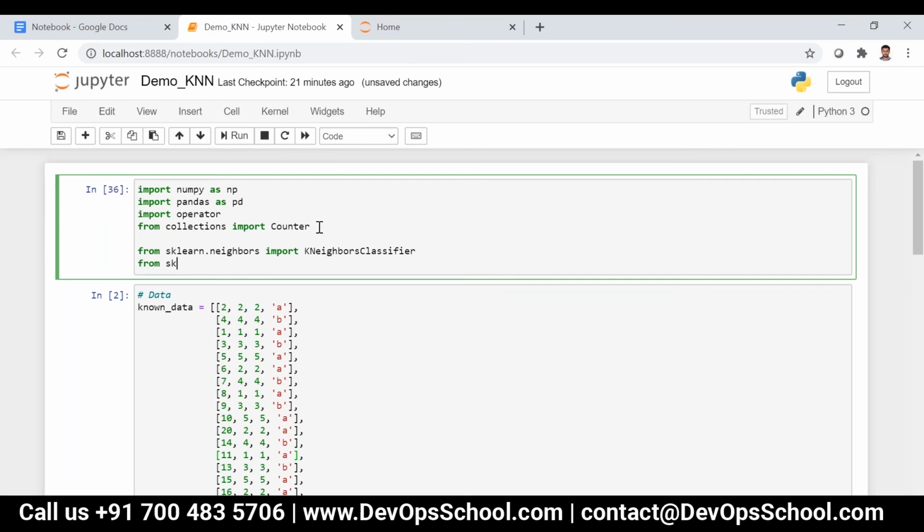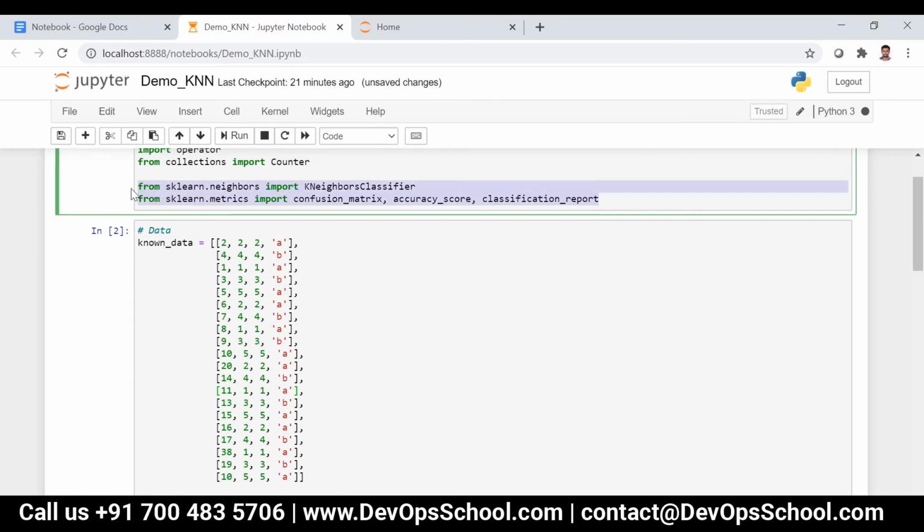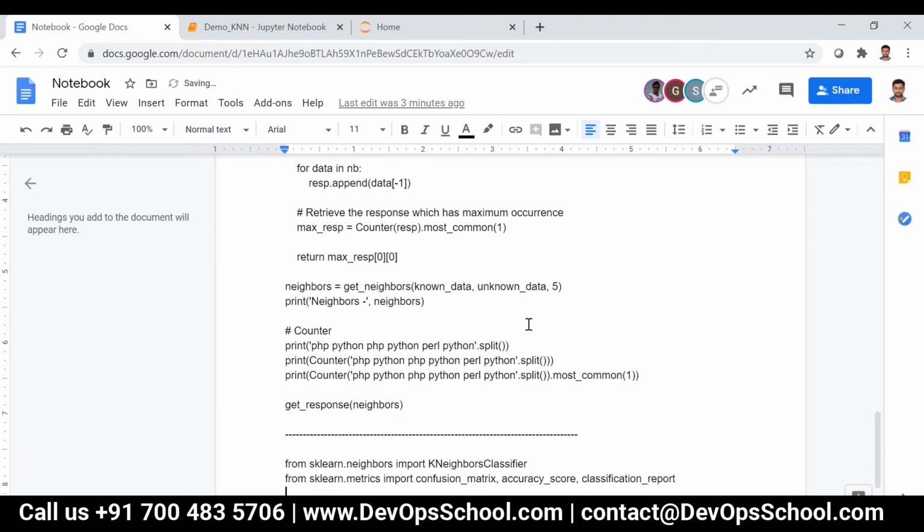And then I can say from sklearn.metrics import confusion_matrix, accuracy_score, and then classification_report. Otherwise I forgot later.